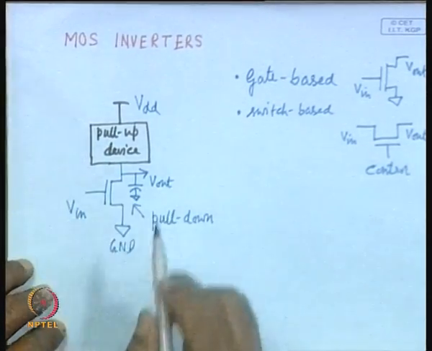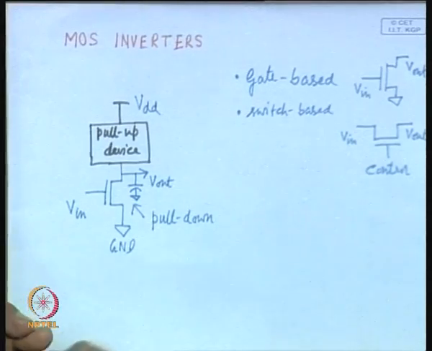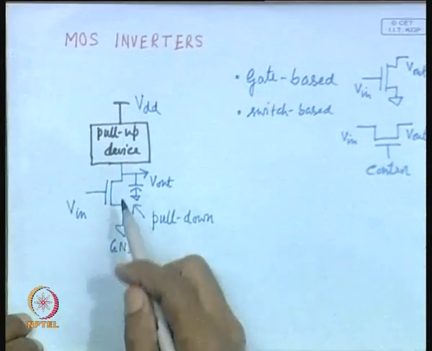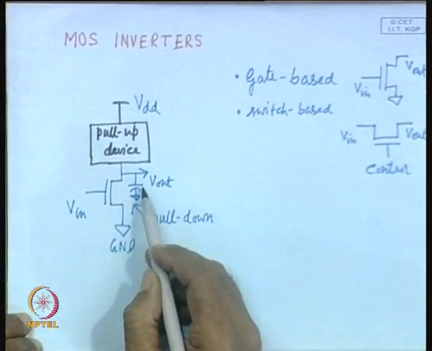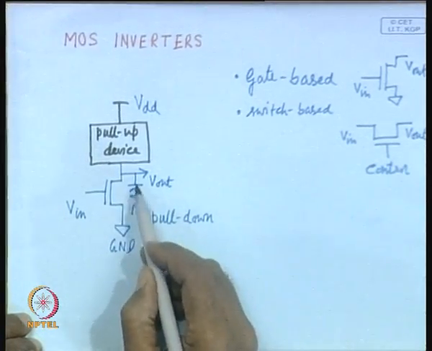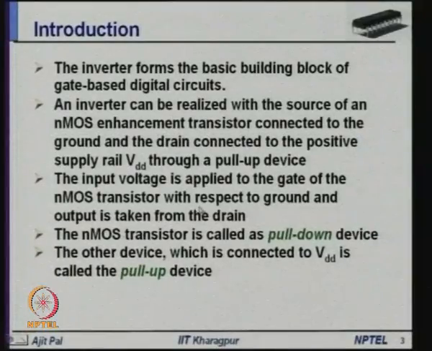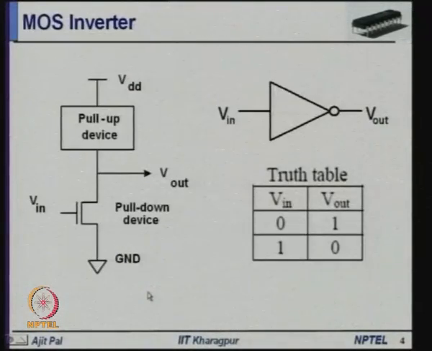So, this is the basic structure of a CMOS inverter. We have a pull up device, we have a pull down device, and some capacitance is associated to the output of the inverter. And as I have mentioned, the input voltage is applied to the gate of the NMOS transistor with respect to the ground, and output is taken from the drain. And as I have told, NMOS transistor is called pull down device, and the other device which is connected to the VDD is called the pull up device. Okay. Now,